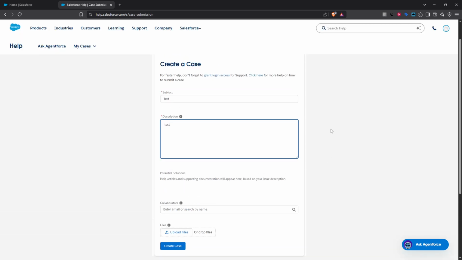And that's it, you've successfully created a ticket in Salesforce. I hope this guide has been helpful and that you feel more empowered to handle any situations that require Salesforce